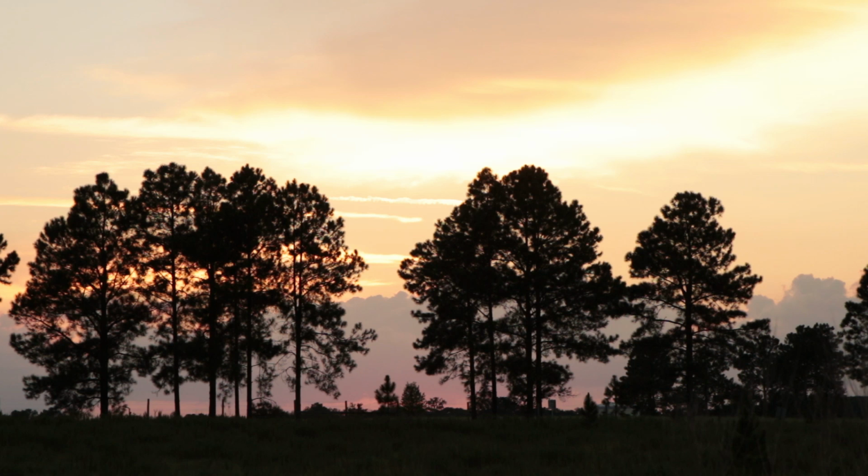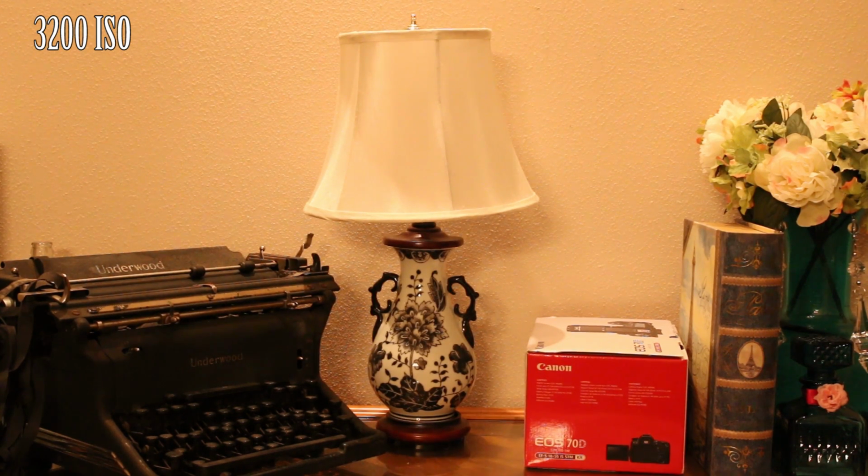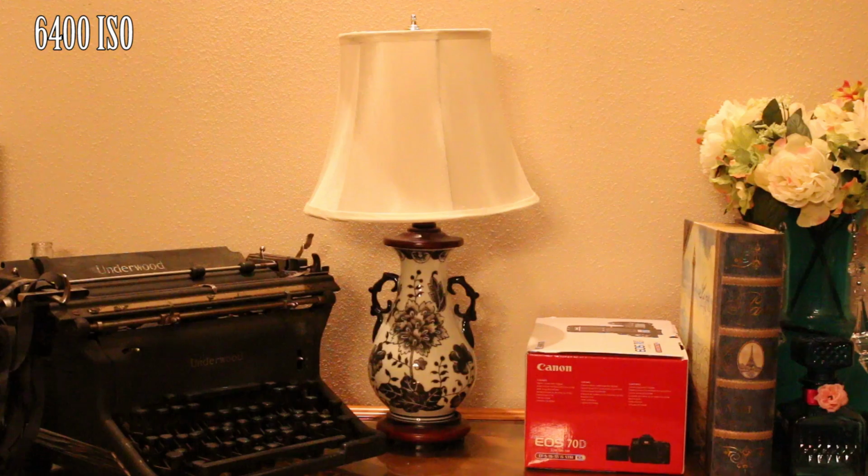Now, it does seem to struggle a little bit in low light. I think it's still better than the 7D, but even at 1600 ISO, I am seeing some noise in there. By 3200 ISO, it's really looking a little bit unusable, and by 6400 ISO, I can definitely see the noise all over the place. And so, it's a step better than the 7D, I would say, but you're